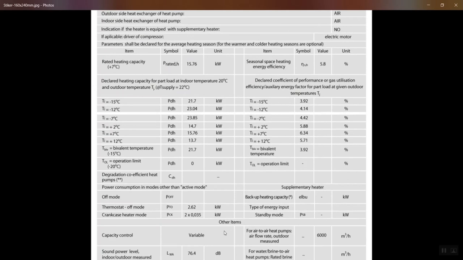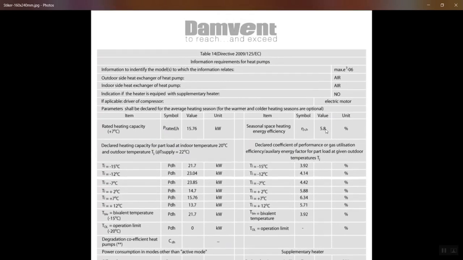So as promised, we go back to the beginning to give you a little bit more information on the seasonal space heating energy efficiency. The definition of that is the ratio between the reference annual heating demand pertaining to the heating season covered by an air heating product and the annual energy consumption for heating. So basically this is something like the annual COP of the unit itself. And as I said in the beginning, for us this is the most important value because it shows the efficiency of the whole heat pump. But how to get to that value is much more interesting, because here in the information table you see only one value,